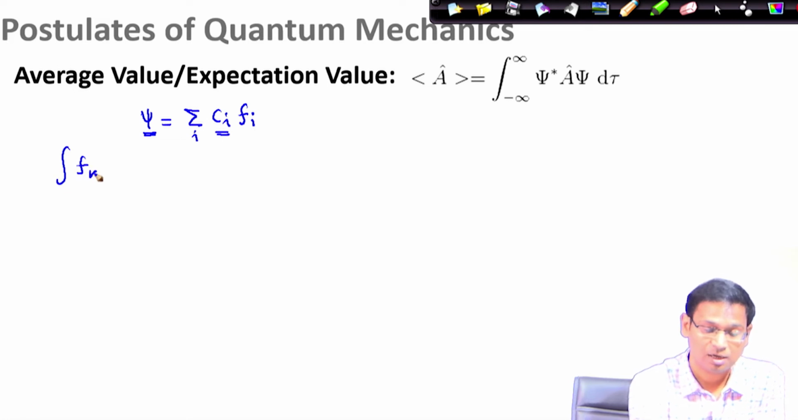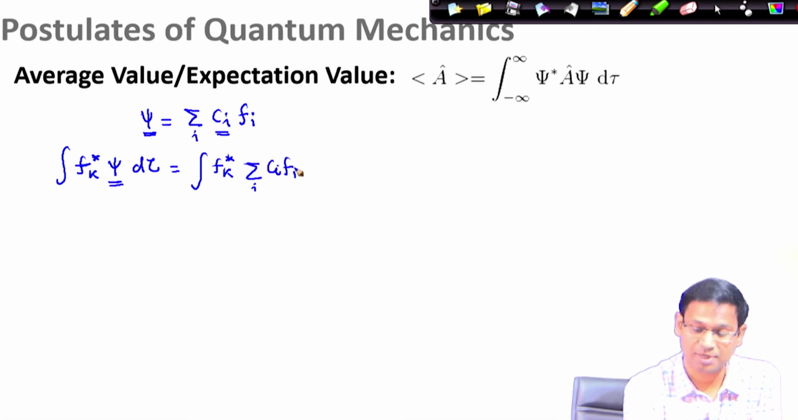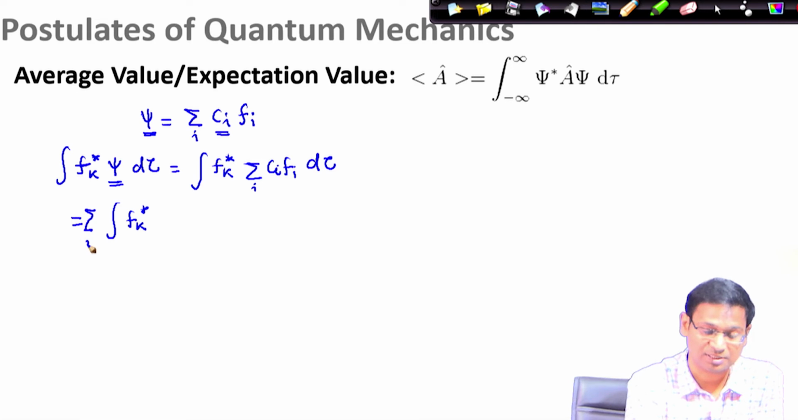I evaluate the overlap integral of f k star. f k is another eigenfunction, one of these eigenfunctions from the complete set of orthonormal eigenfunctions of operator A. I want to evaluate this particular overlap integral. So, when I do this, you see f k star and psi, I am expressing now as, I will expand it now, Ci f i. So, I see this. So, you know I can bring this summation sign outside,